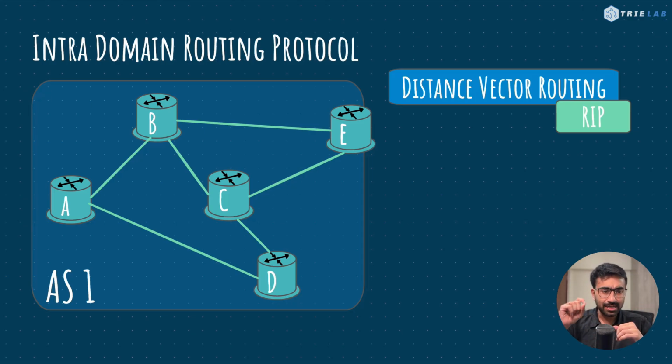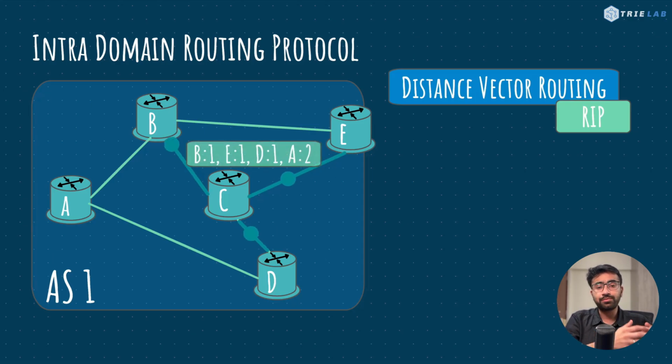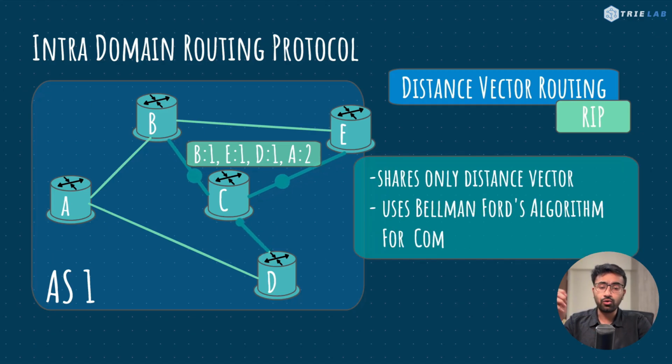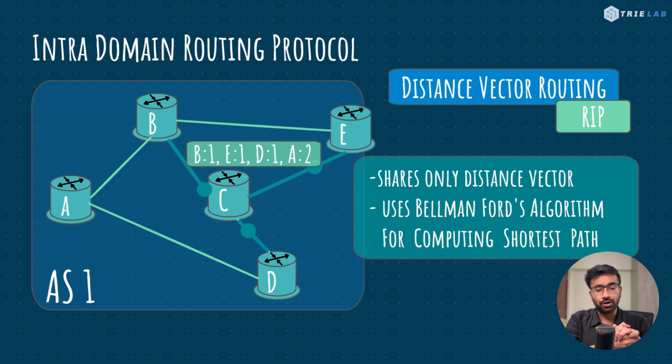Now, as the name suggests, distance vector routing enables a particular router to share its distance vector with its immediate neighbors. The distance vector for a router will have the number of hops it has to make to reach any other router in that particular autonomous system. If you observe, distance vector routing algorithms don't share the entire topology of the graph. So none of the routers will have the entire idea of what the topology of the autonomous system looks like. Rather, it will use this distance vector to create a routing table using Bellman-Ford algorithm.